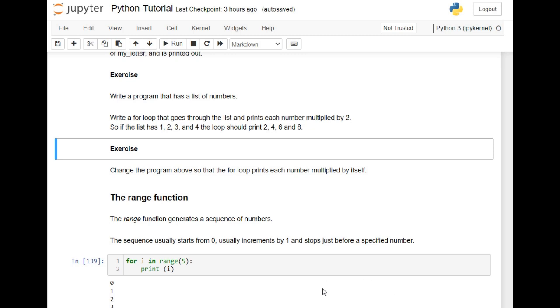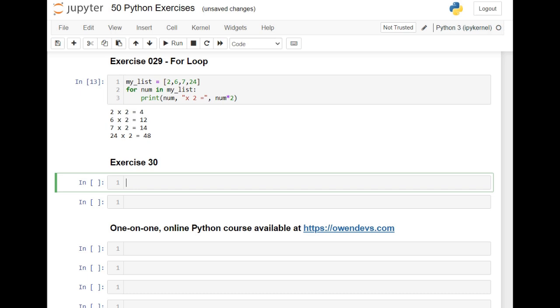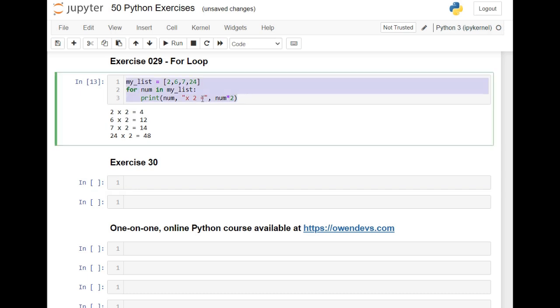Exercise 30. Change the program above so that the for loop prints each number multiplied by itself. The program above, of course, is exercise 29. So we copy that